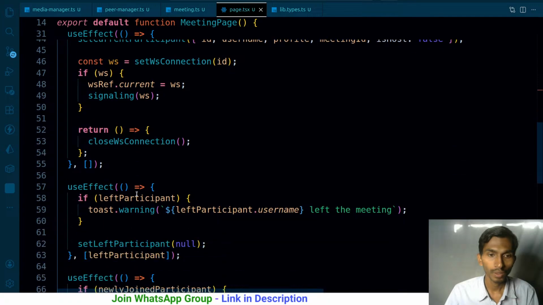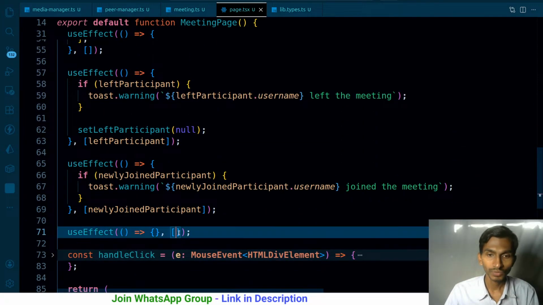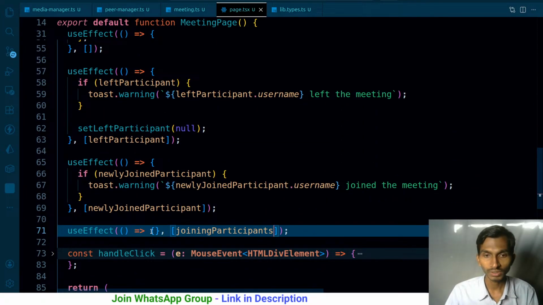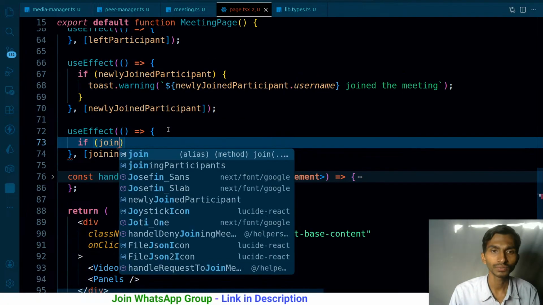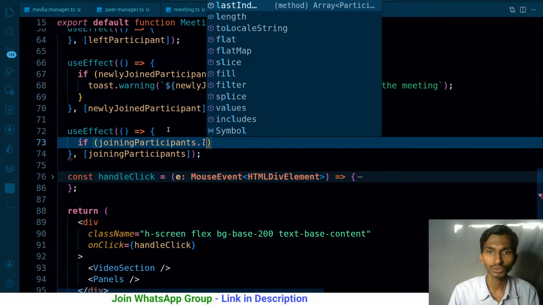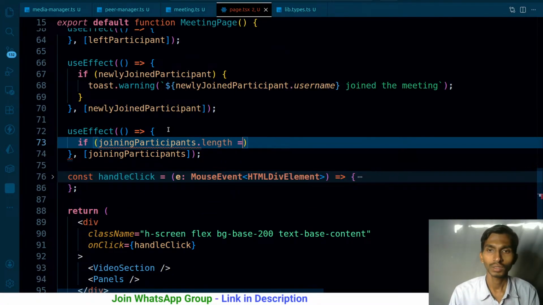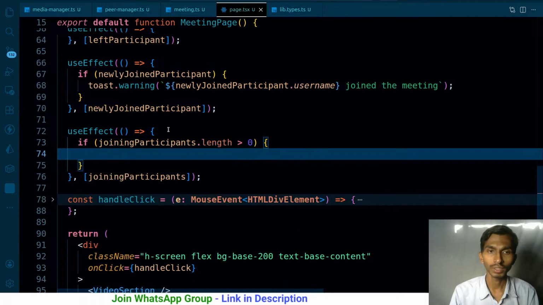What is the next? I'm going to be giving this joining participants as a dependency over here. I'm setting them as a dependency, and after that, whenever the value changes, it will trigger. And if joiningParticipants.length is greater than 0, in that case what I have to do? In that case, I have to